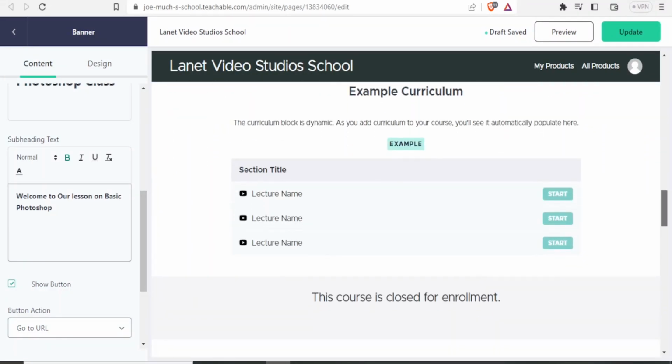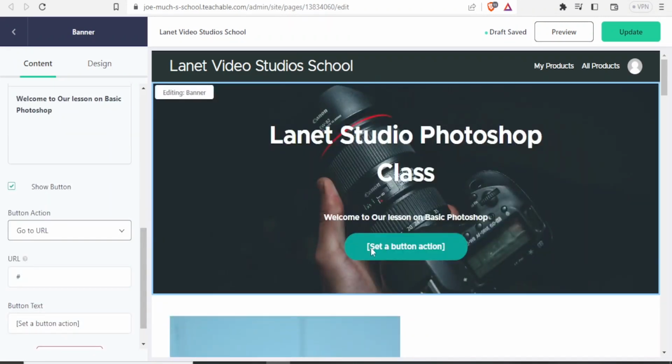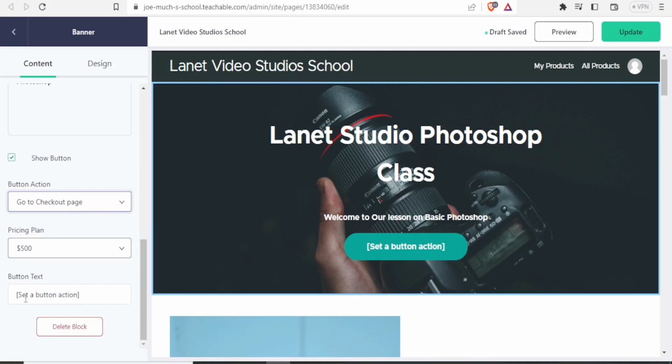The titles here, the lecturer, you can add the lecturer's names here. Maybe this button, we can give it a URL that leads, for instance, maybe to a video. So it can also lead to go to the checkout page. If now you want to sell the course, maybe it takes us to the checkout page. And then we can now, you notice if I click on the checkout page, it puts the price that I had put for the Photoshop class. Then you can also add a button here. We can set on buy this course,